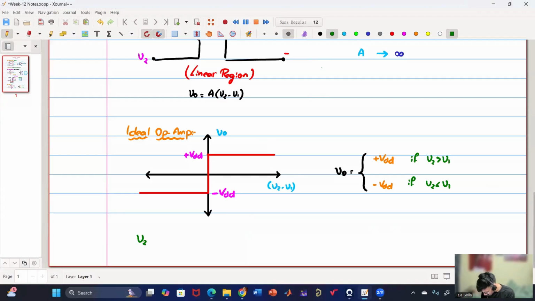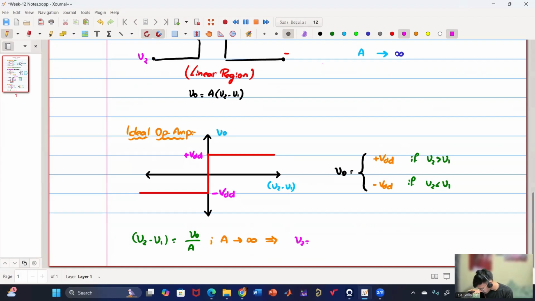it is nothing but V naught by A. And we know that A is tending to infinity. So then what happens to the value of V2 minus V1? If A is tending to infinity, V2 minus V1 is 0. Yes. So from this, we'll get